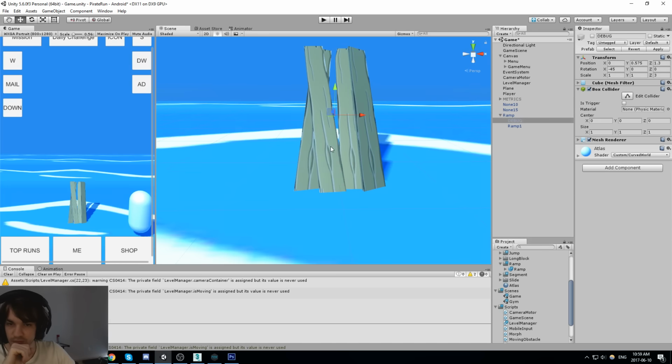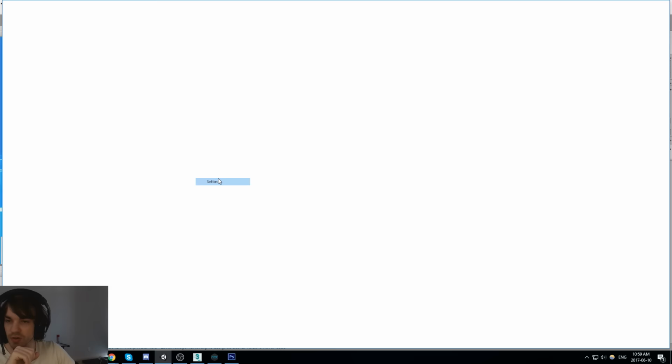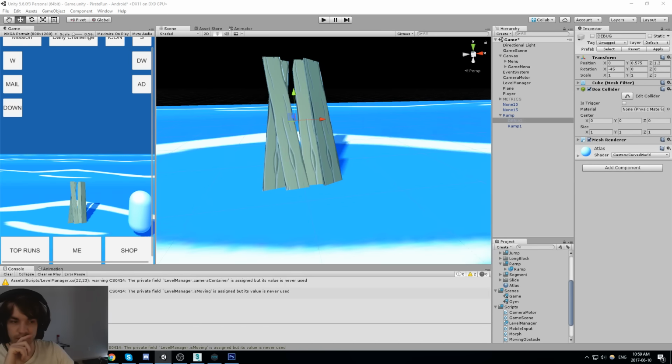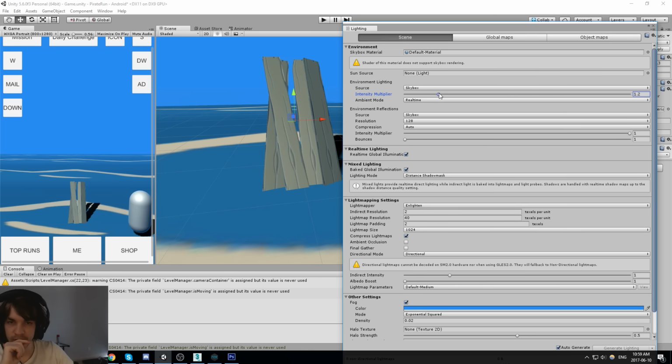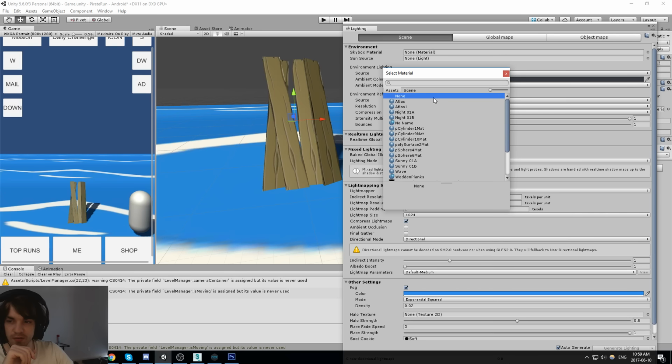Looks weird, looks awful. What if we get rid of the fog? Or the ambient light? Fog was fine. And all of this has to deal with the ambient lighting.